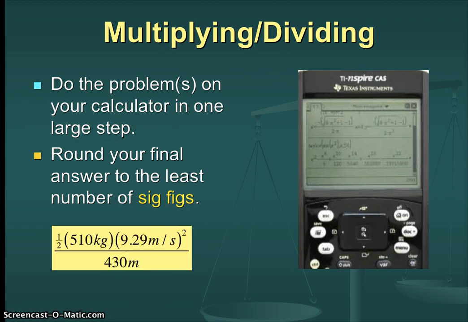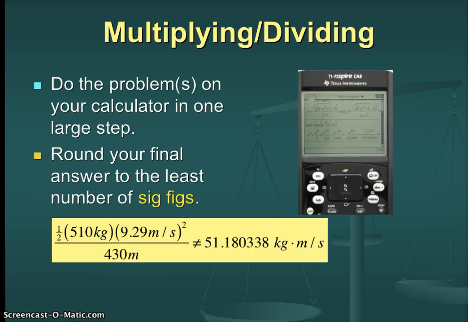If there's a measurement in black ink, find the one with the least number of sig figs and round as your last step. So if this is your calculation, type this exactly as it stands here onto your screen. 1/2, parentheses and all. You don't have to put the kilograms and meters per second and meters in, but type this exactly in and look at your screen. If your screen looks like this, you are in good shape. Press enter. Got the parentheses? Got the squared? Got the 1/2? Cute little mixed fractions, everything look right? Proofread. Make sure you've got your order of operations there.